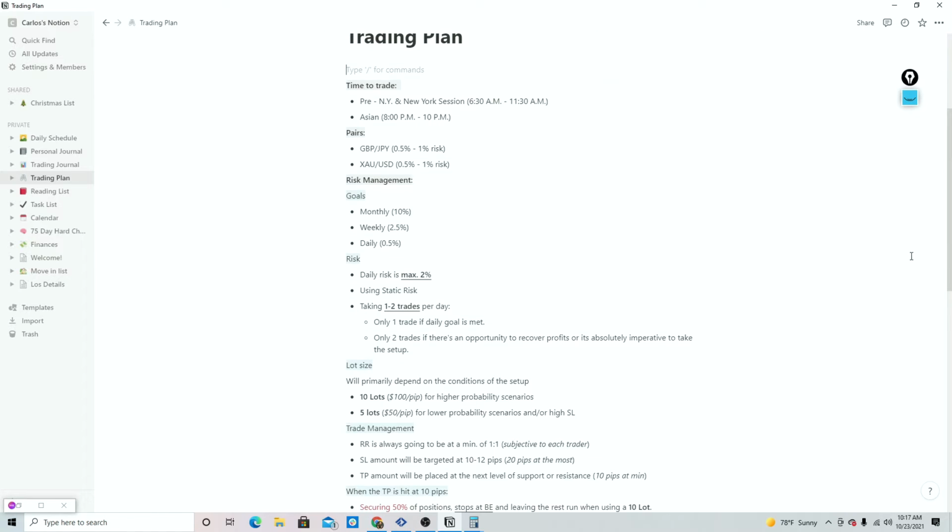Right. So risk management. Risk management is probably next to psychology the most important thing when it comes to trading, right? It's the most important thing because it's not about how much you make, it's about how little you lose, right? In every other industry in the world, there's a cap to how much you can make. If you're going to become a doctor, you make, whatever it is, 300,000 plus, 500,000 plus a year. But there's a cap. You don't make more than that, unless obviously you go to other avenues of bringing in income. But nonetheless,